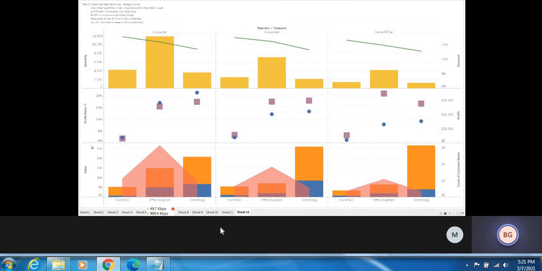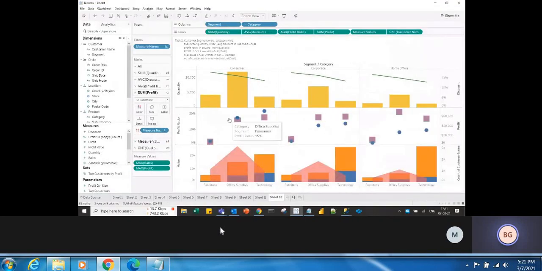Okay, and then the measure values are nothing but maximum sales and maximum profits. We are showing it in the blended axis, and the number of customers we are showing it in the area chart. Okay, so likewise we can create this. It is called combination axis because we have used individual axis, dual axis, and we have combined the blended axis, and we are using bar chart, line chart, square chart, circle chart and area chart. So all the options we have used, so that's why it is called combination axis charts.